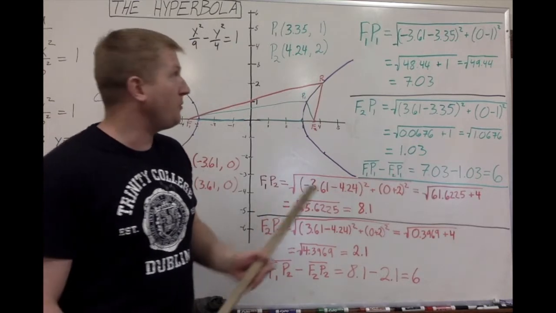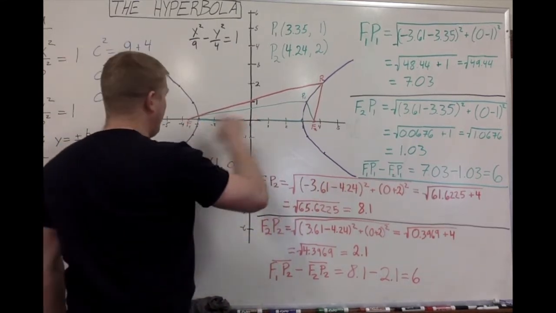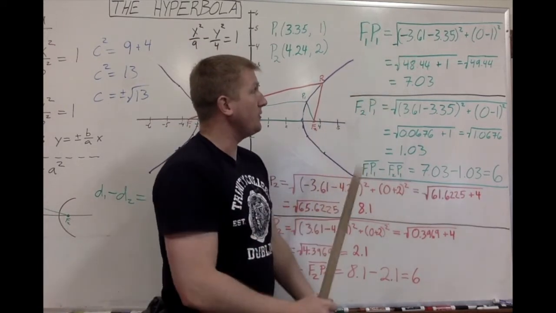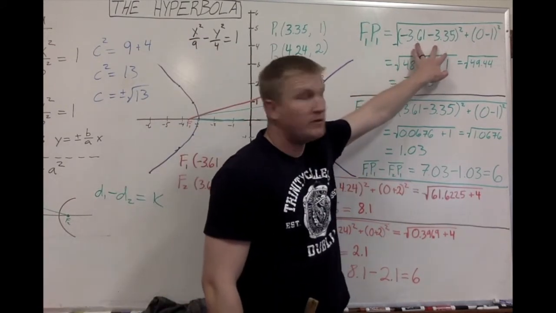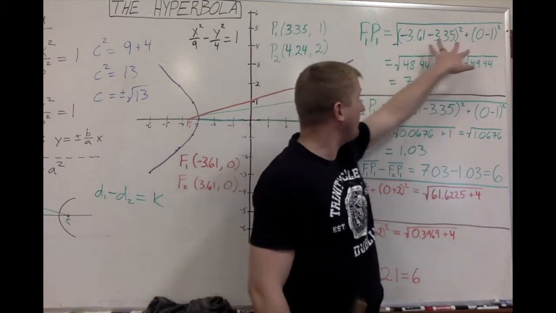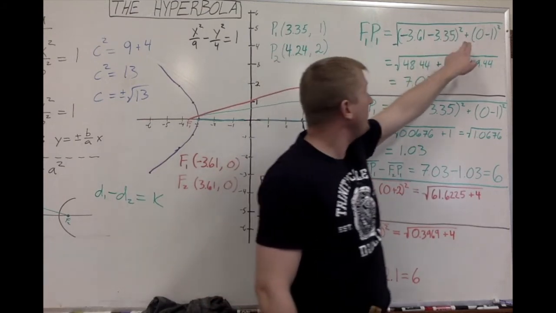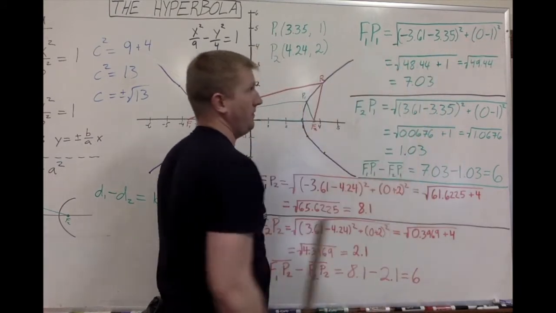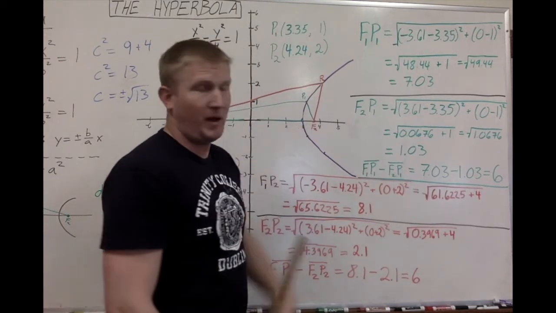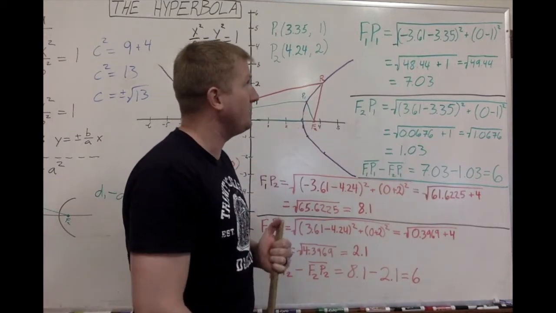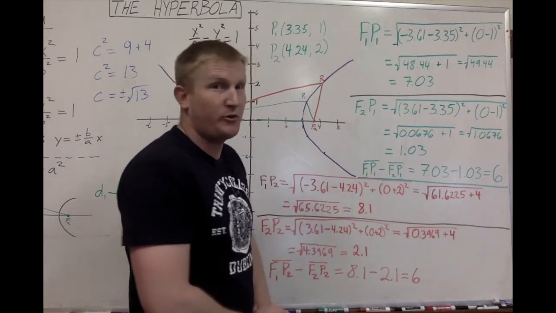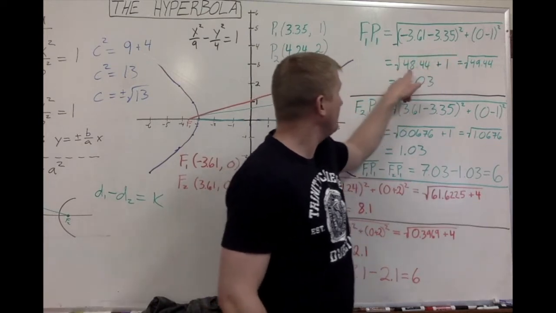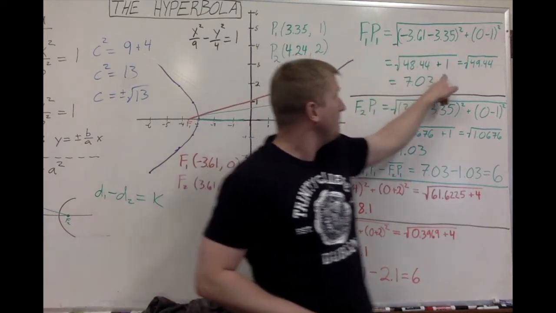So if we do the distance formula to find this first green line from F1 to P1, as indicated up here, we're going to take the square root of the difference of the two x's quantity squared plus the difference of the two y's quantity squared. There are a lot of decimals, but I thought this would be easier than doing the radicals. Maybe a lot of those radicals would have canceled out with all the squaring going on. Anyways, we end up getting all of this quantity squared is going to be 48.44 plus 1,